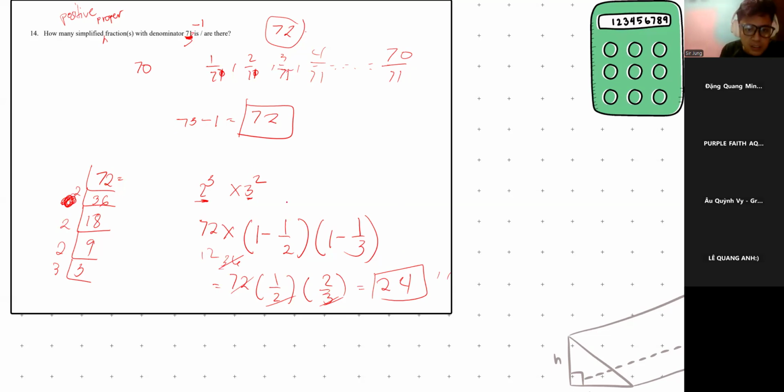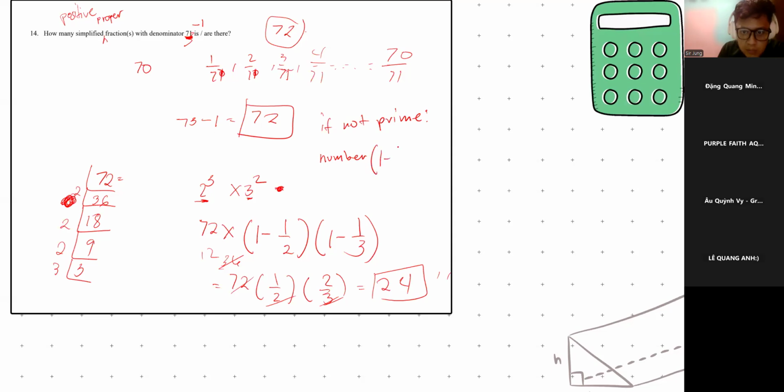So this is if the problem is not a prime number. Okay. So let me rewrite this. If not a prime number,